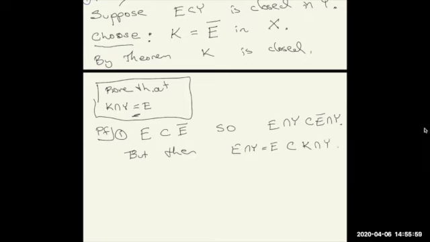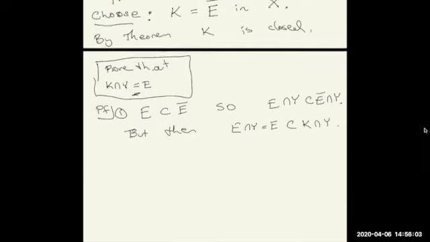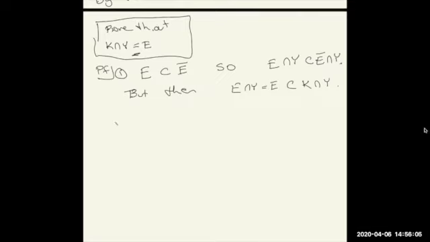Okay, so we get that E is a subset of this, essentially for free. Now the other direction. So for the other inclusion,